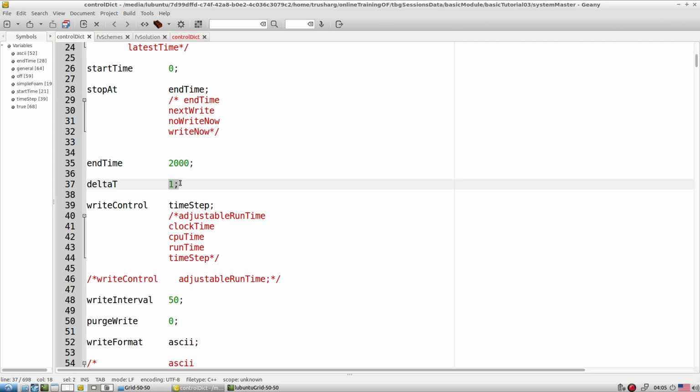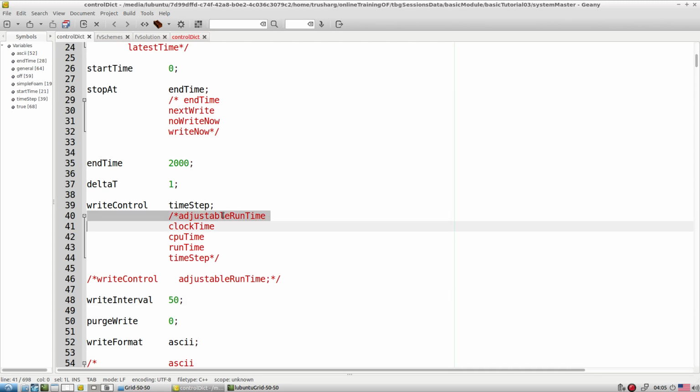So if you say that my Courant number should not go beyond 1, then delta t is automatically adjusted so that the Courant number during the entire simulation never goes beyond 1. If you are working with this, we require adjustableRunTime as the writing control, and whatever you write here, at every, let's say, 0.01 second, it is going to write the